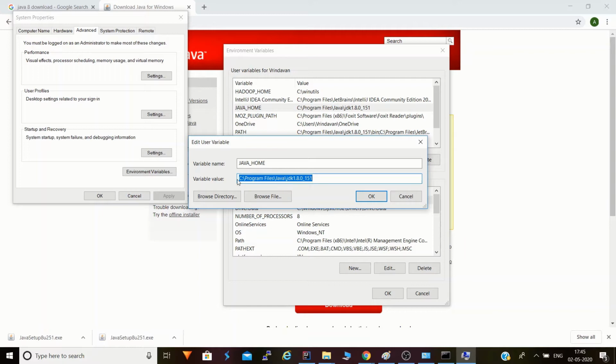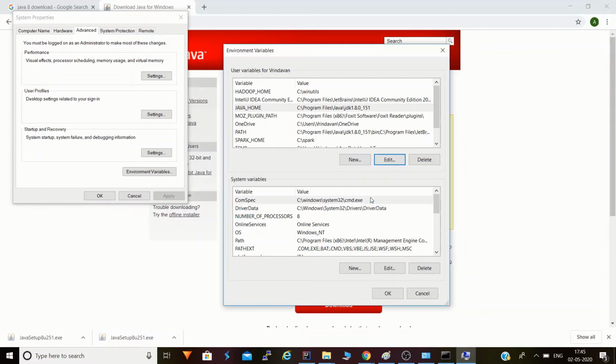Your Java will always be installed in Program Files, in Java. Just go over there in the browser and copy the path, up to the JDK folder. If JAVA_HOME is not there, which it definitely wouldn't be if you don't have Java, you'll give the variable name JAVA_HOME, and then provide the variable value.